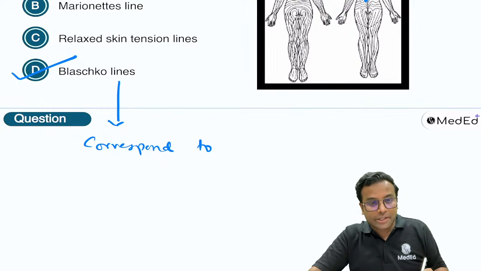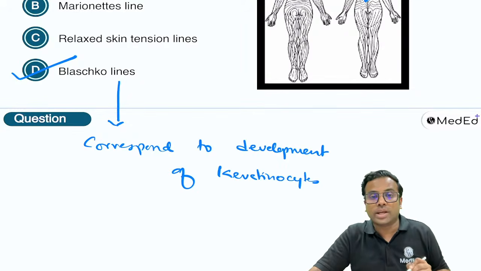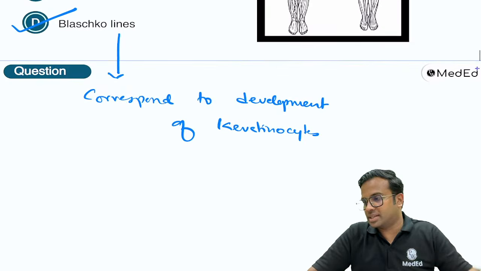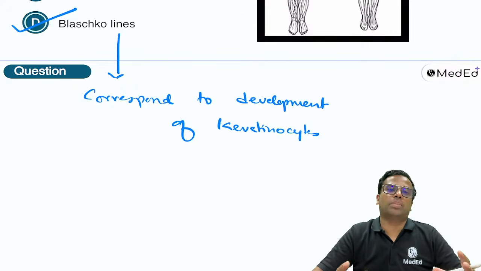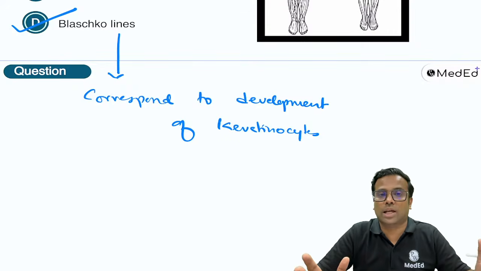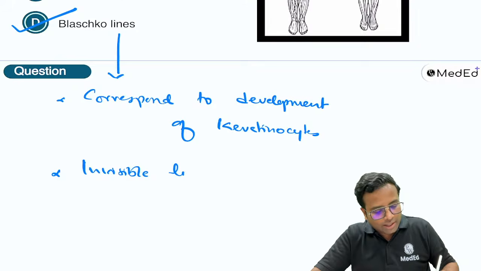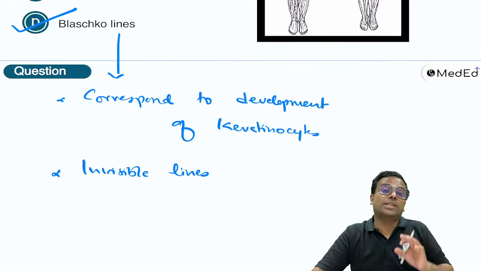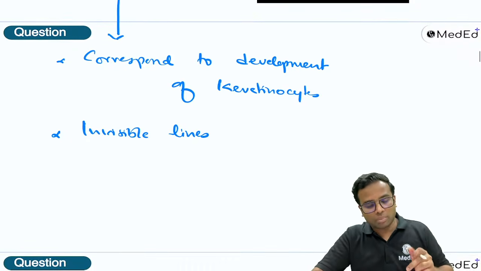Please remember they correspond to the development of keratinocytes. Also remember, whenever you see that a patient is having a lesion along a Blaschko line, usually these Blaschko lines are invisible lines, and they become visible only in the cases of some diseases. Like you can remember the diseases like